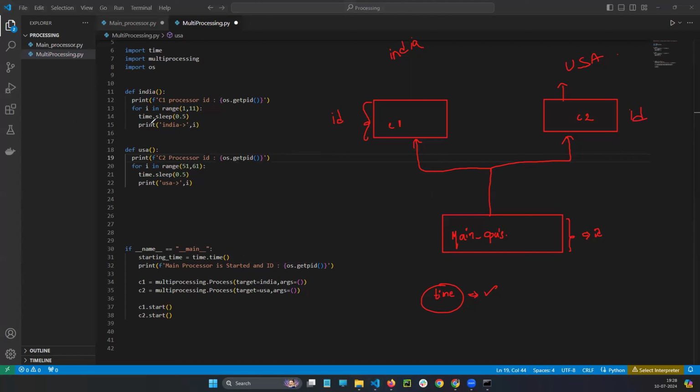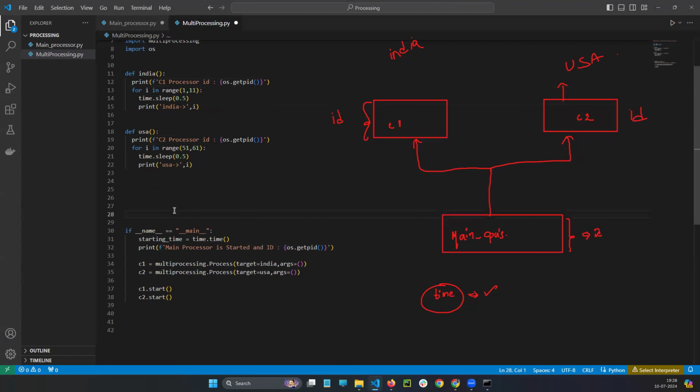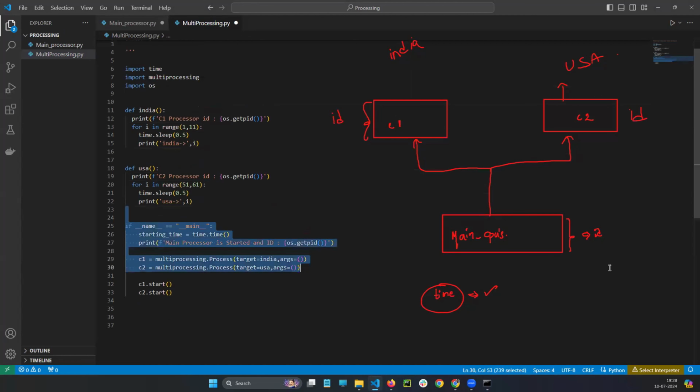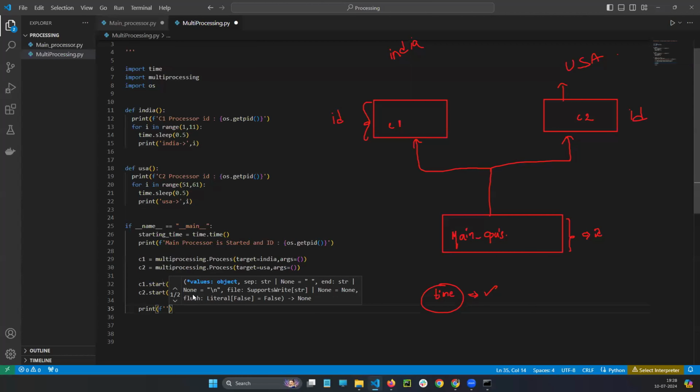Okay, see, you went to the CPU and you are printing the ID numbers, collecting the time, everything you are doing. My point is, do you want to make sure the main processor waits till C1 and C2 complete the work? Then you need to add the join. Now see, I will ask a general question.